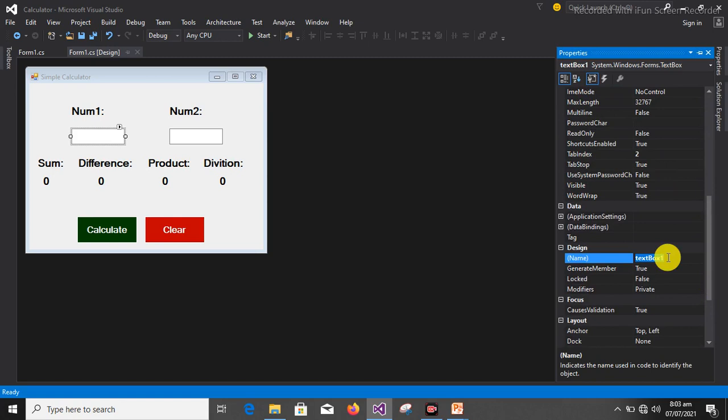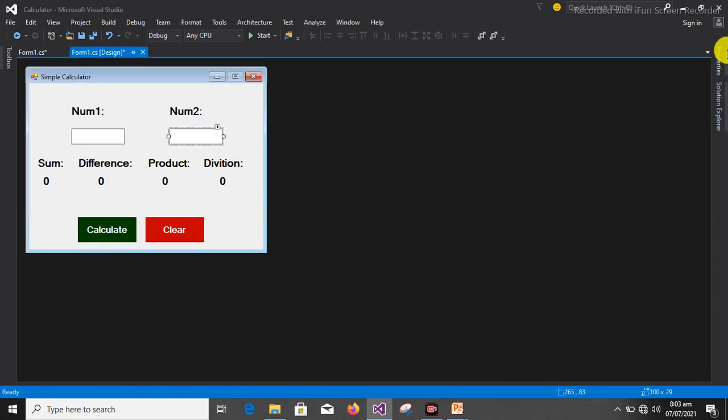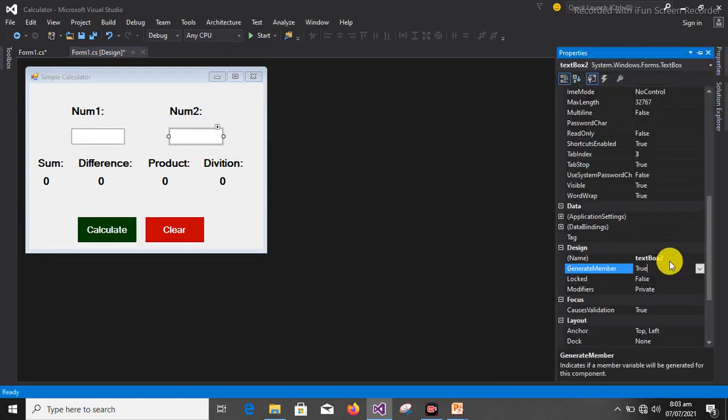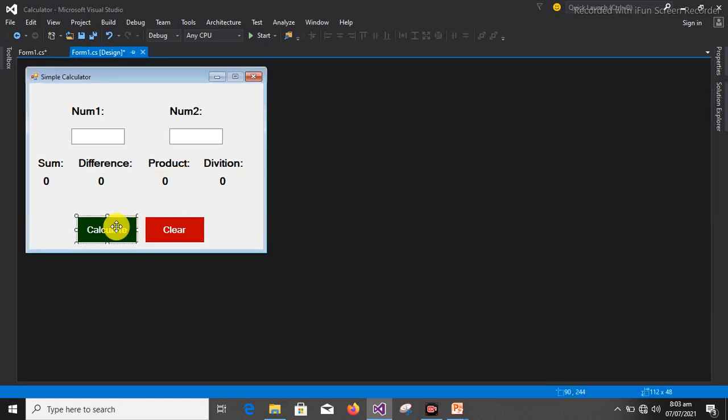So we'll rename it to tst num1, and also rename this text box 2 to tst num2. So now